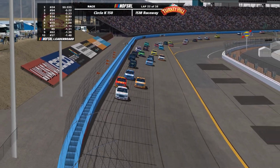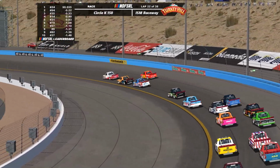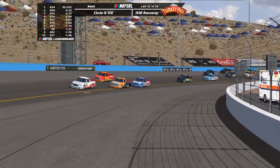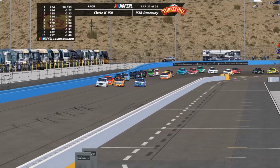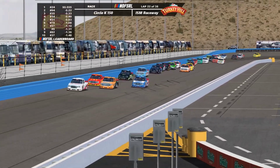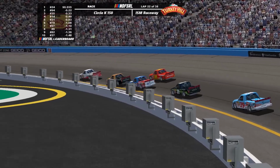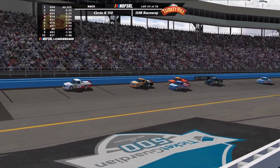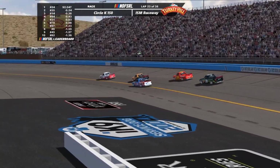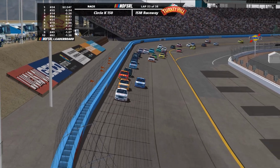So for those 4 fresh tires, I think the strategy play has gone completely out the window with Chase Marks. He's gaining some ground. He's going to try and go for 2nd over Trey Smith. Adam Garcia falls back to 4th place. Adam Garcia on that outside lane, trying to battle with Chase Marks. Trey Smith slipped up a little bit off of turn 2. But Chase Marks definitely with the superior race truck at this point, and a lot of the other guys who